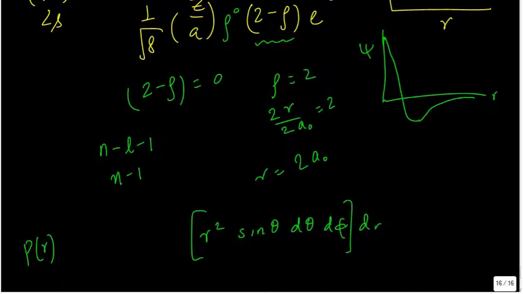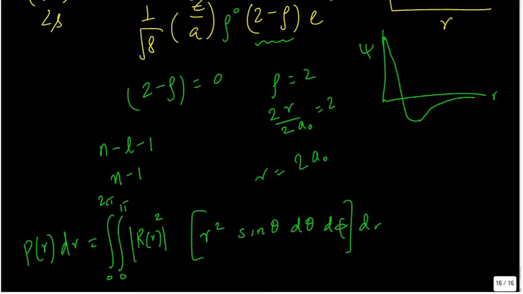If I do it for some radius a, I should get 4 by 3 pi r cubed. So the probability P of R dr, which means the probability of finding the electron at a particular radius, which will be spherically symmetric, should be equal to the integral over theta and the integral over phi, because I want to integrate over this entire sphere. So 0 to 2 pi, and I'll write in the same order, 0 to pi, r square. These are all real functions, so or else I could in general write like this, but the